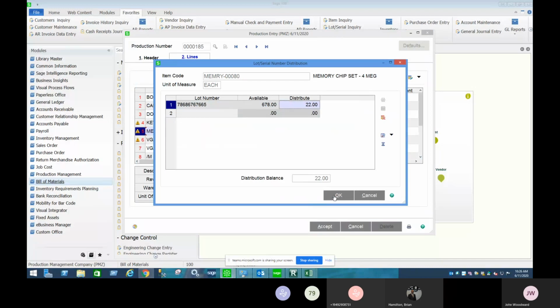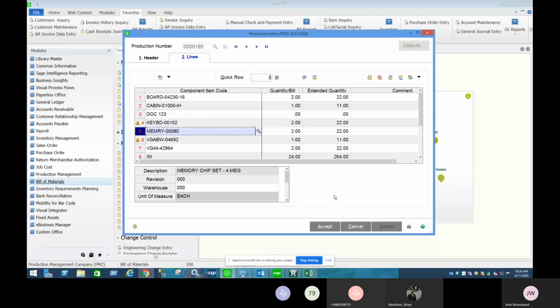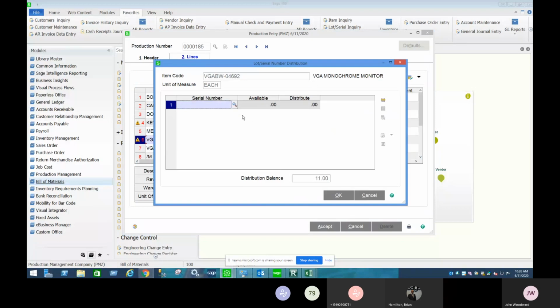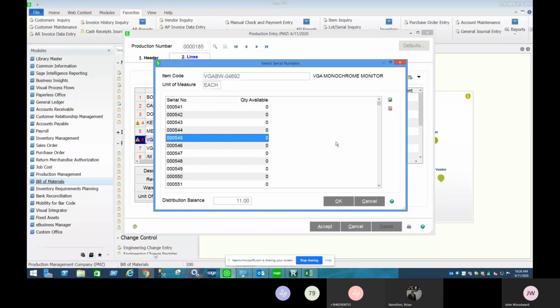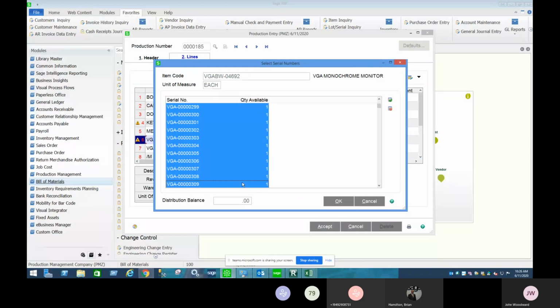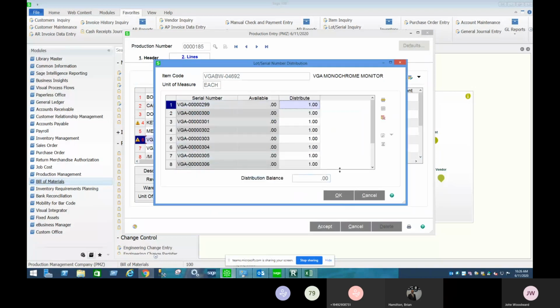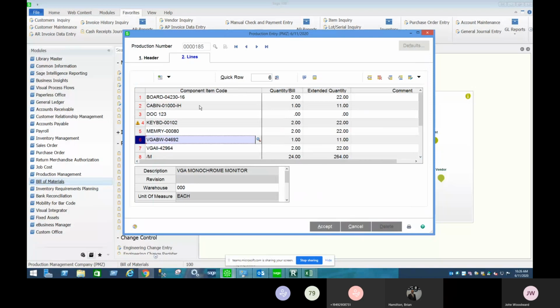Now, what you'll notice, I have to tell it that. So this item is set up with lot tracking, lot valuation. So I have to specify that. You'll notice that exclamation point went away because I told it the information it needs. Now, these items are also set up with a valuation where, instead of that lot number, it needs 11 different serial numbers. So these are serialized. I would have to come in and actually tell it which serial numbers I used, if I have 11 serial numbers available here. So I told it I used 11, which serial numbers,